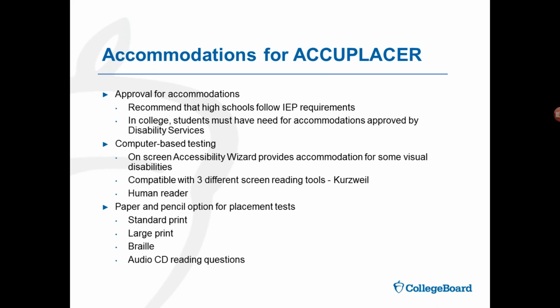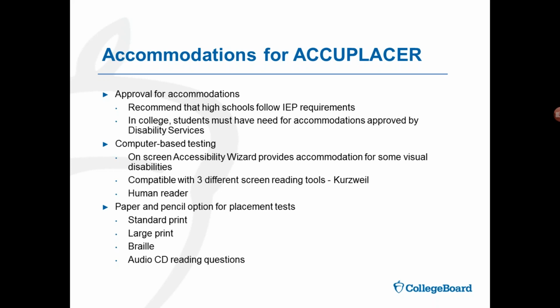Then we have lots of tools, including Kurzweil, for computer-based testing. One of our primary accommodations is something called the Accessibility Wizard, which allows a student with a visual disability to change the look of the print on the screen, to enlarge the print, change the color scheme, change the spacing, those sorts of things, if it makes the text more readable. The second option is to use screen reading tools, and today obviously we are showcasing Kurzweil. And the third option is, if the student is unable to manage screen reading software, to use a human